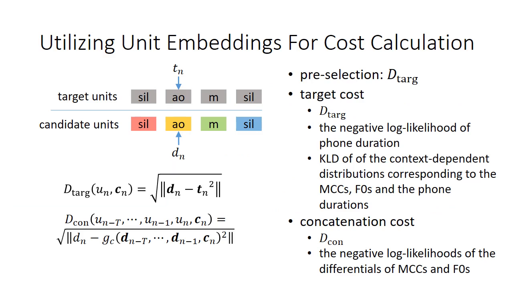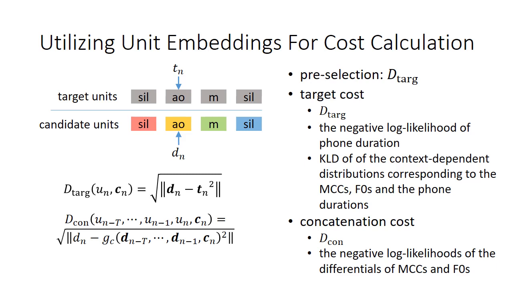Let Tn denote the unit embedding of the nth phone unit in the touched sentences to be synthesized, and Dn denote the unit embedding of the nth candidate units. The function detect is adopted to get the candidate units for dynamic programming search. The final touch cost function for unit selection includes detect, the negative log likelihood of phone durations, and the Kullback-Leibler